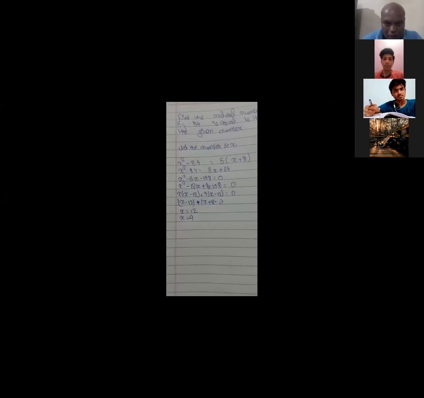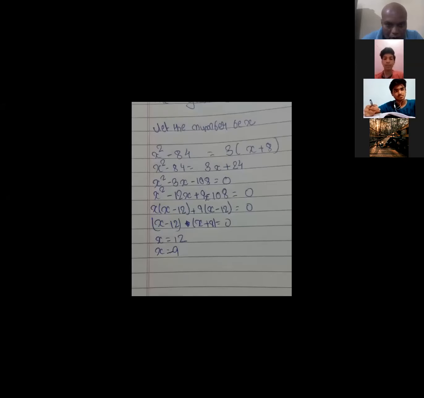X square minus this value, this 24, 81 multiply. This is 1. Okay. Here you have to put the symbol implies, in every part. Because you are using the equal sign, either you have to use implies or you have to write or. Both the case you can write. Clear? Each of the questions.